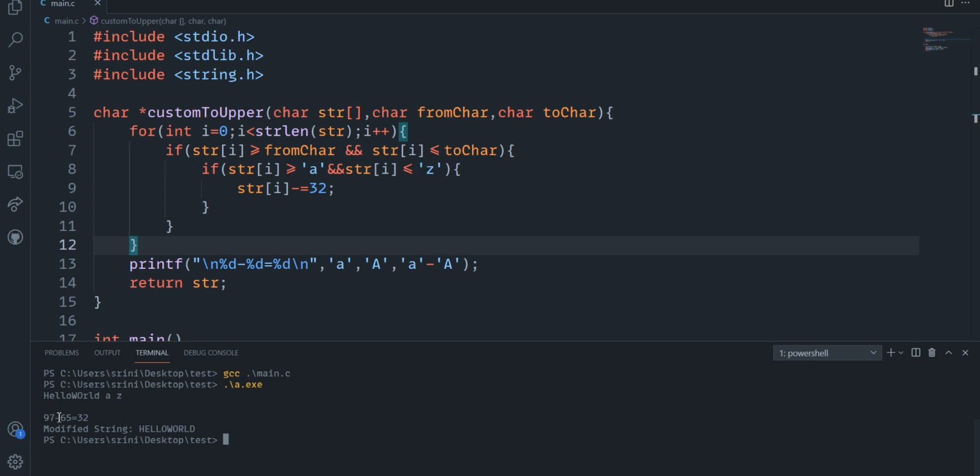And here is the ASCII value for small a, 97, and here is the ASCII value for cap A, 65. The difference is 32. So I have reduced this 32 from the small characters to get the upper one.